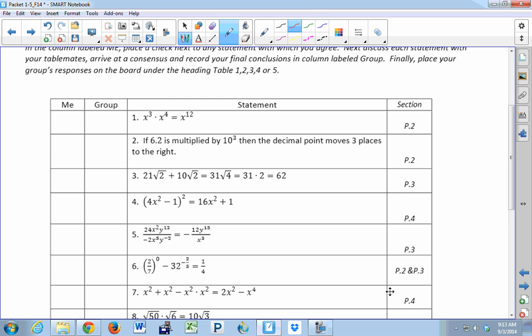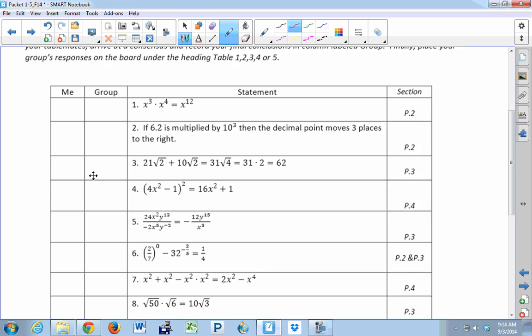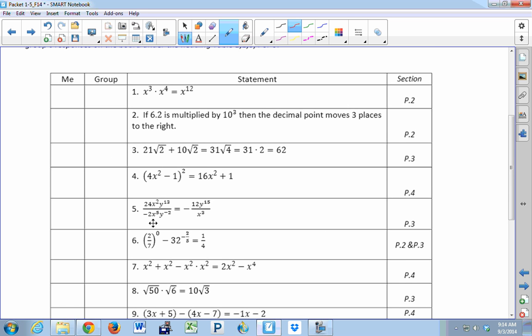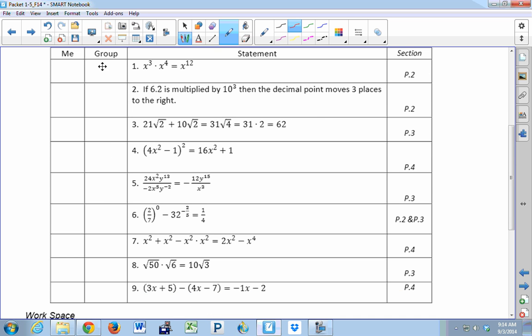So what I want you to do individually is I want you to read each one of these, 1 through 9, and put a check here beside any one of these that you agree with. It's like true or false, but you can put true in if you want and false in if you want. Then I want each group to discuss these and come up with a consensus. So each group is going to be reporting, when your group is done and you have this column filled in after you discuss it, put up your flag and I'll come and talk to you about each of these answers,